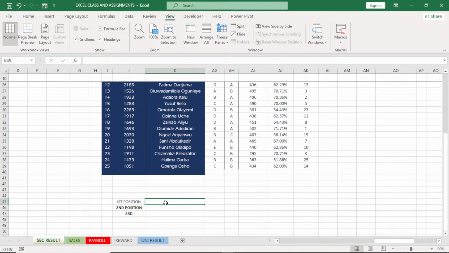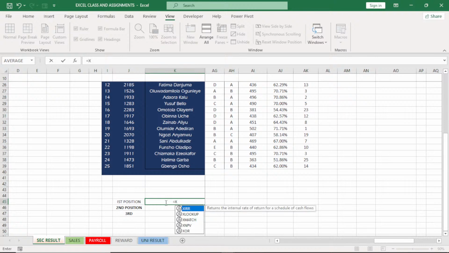Okay, now we can go, let's get XLOOKUP. We say equals to, type X. That's XLOOKUP. We double click on it. It will now ask us the lookup value. Now the lookup value is the maximum value. So instead of typing the maximum value, which we don't really know, or going here to type it or clicking on it,